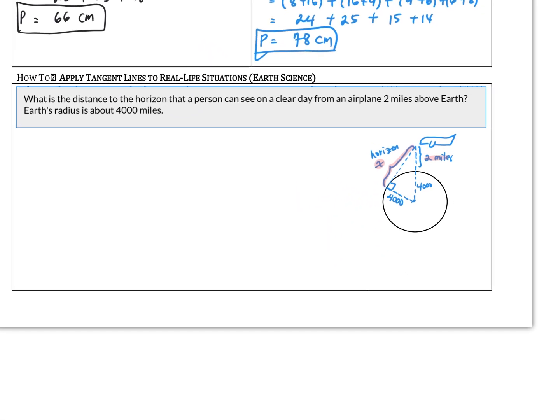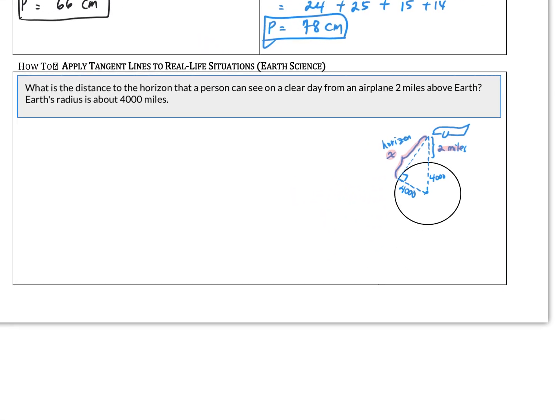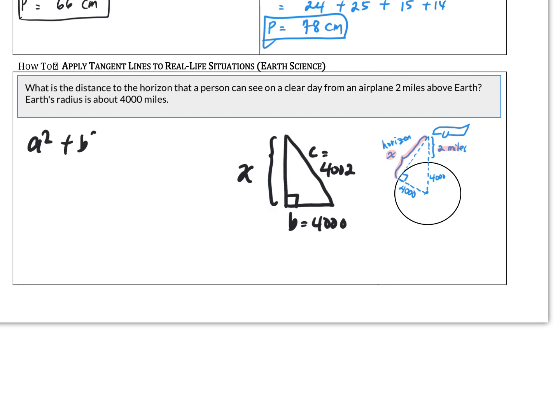So if we're going to put it in a mathematical way, we can say that it is like a triangle having this shape. Remember, this is our horizon and this is going to be our x. This is going to be our b, which is equal to 4,000 miles. And this is going to be our c, which is 4,002 miles. So using now your Pythagorean theorem, a squared plus b squared is equal to c squared,